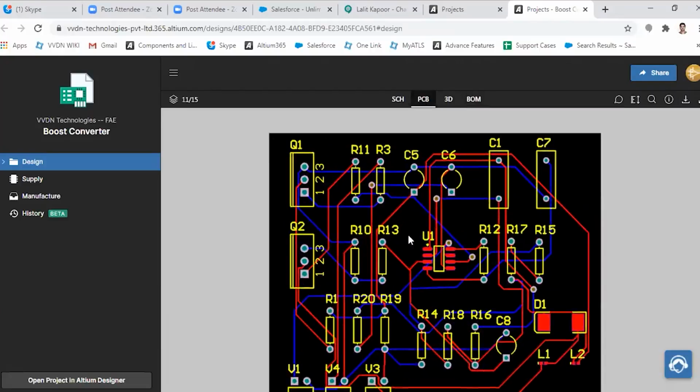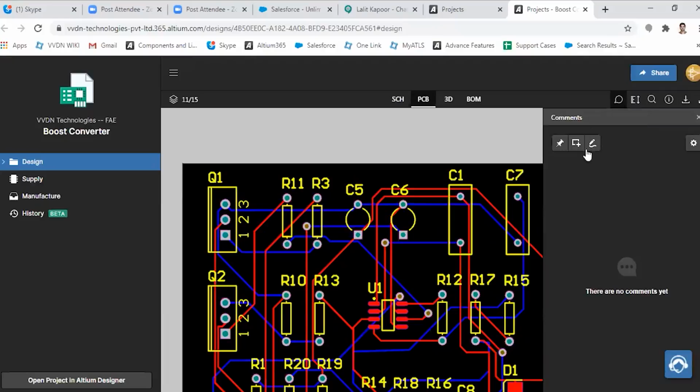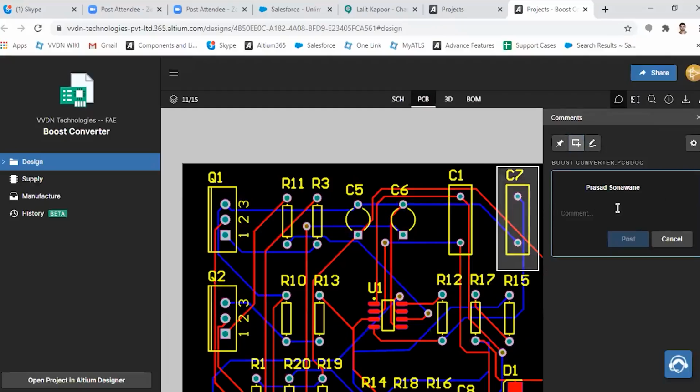So moving to the PCB. Here is the option. As I said, you can comment from Google Chrome or any web browser which you are using to access 365. The comment panel is accessible. Okay, so I am commenting. Here you will get the option to create a comment. I am selecting C7, capacitor C7, and the comment panel is open. So I am commenting like